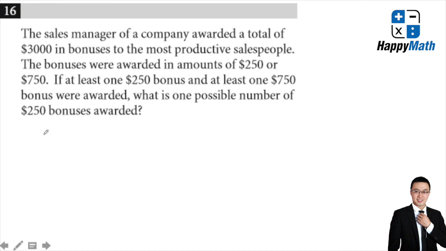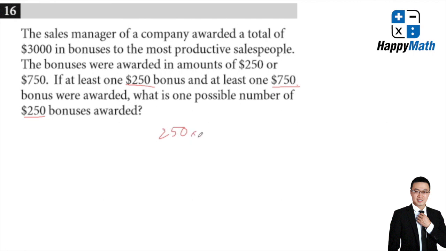The sales manager of the company awards a total of 3,000 in bonuses to the most productive sales people. The bonuses are awarded in the amounts here and here, at least one bonus of each, and then okay, one is possible for this one. Okay, because it's possible. I will call the people to get